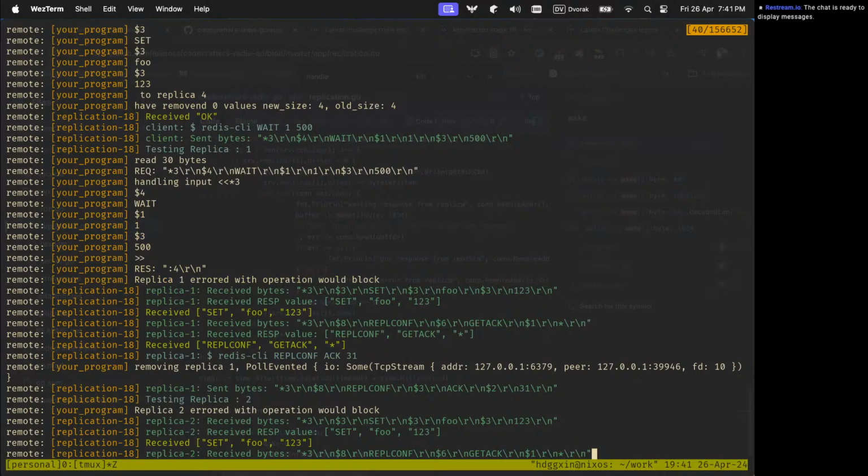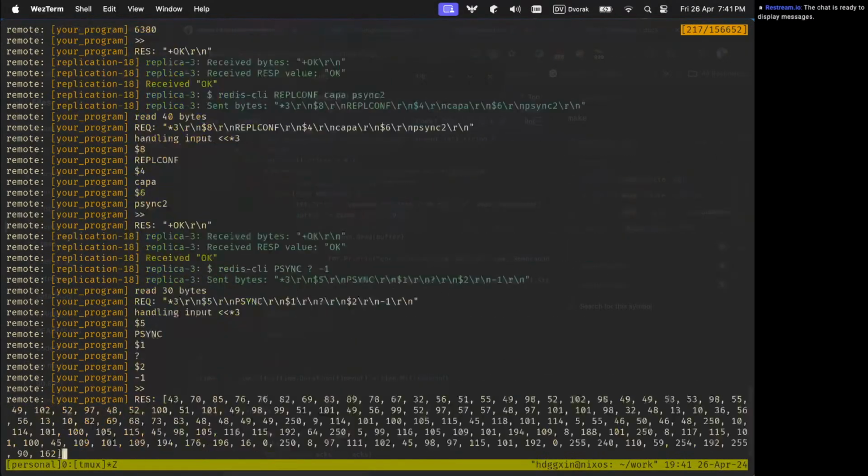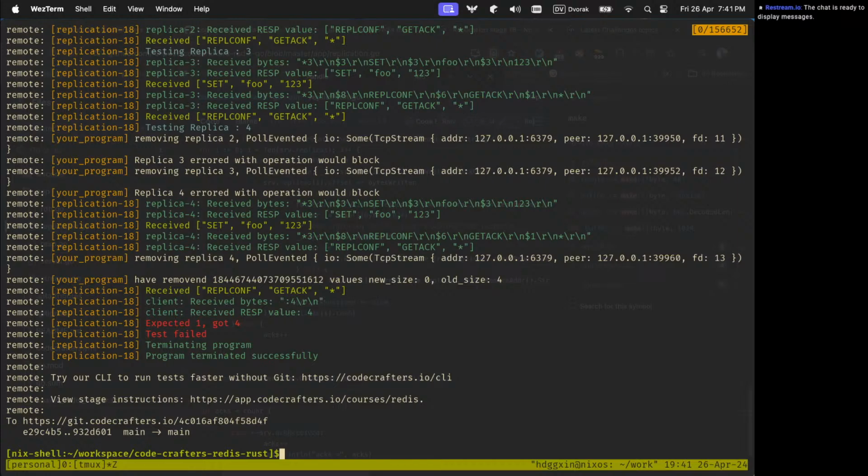Right, so if you look at the output, I guess we have done a lot better now. But in this case, we have a lot of issues where we are removing some replicas. 1, 2, 3, 4 replicas we have removed, and also replica 4. So we have removed too many replicas, and the new size is 0, which is kind of wrong, but how wrong it is, I'm not sure.